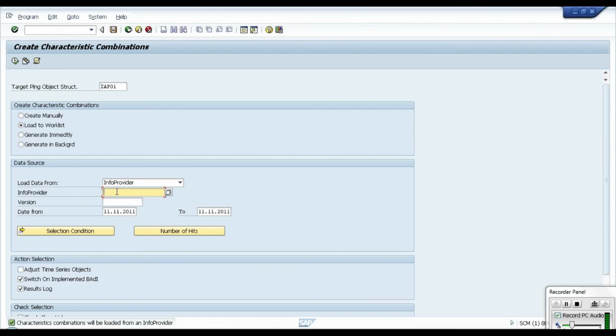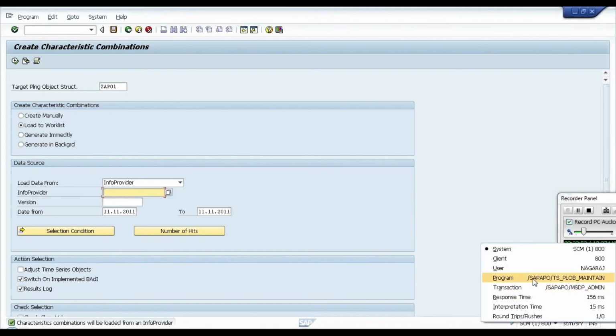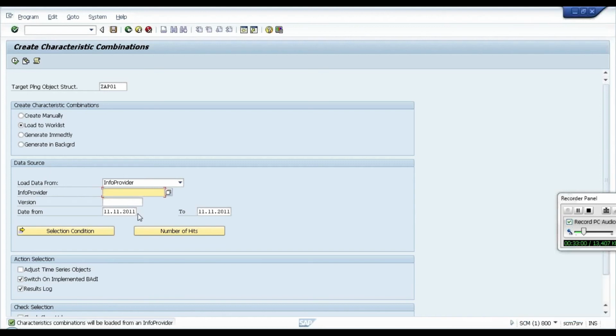Like that, we will save this as a variant, and we can use this program. We can view the data also. Normally we extract the sales order data for 3 months, so that we can view from and to date. If you go to the select condition, it will show whatever characteristics are there in our empath.